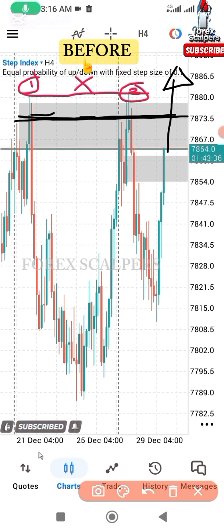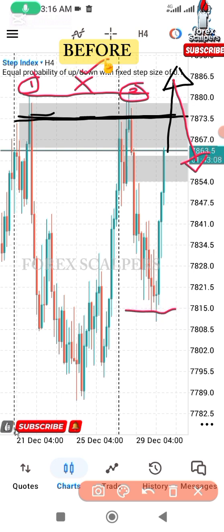So price can now push to the upside to take away the liquidity that is sitting here. If price takes away this liquidity as it rallies up and returns back inside, it becomes what? It becomes a liquidity sweep. If it closes and returns with a wick, it will become a liquidity sweep, and then we are hoping that this sell will now move from there to take the liquidity of this side